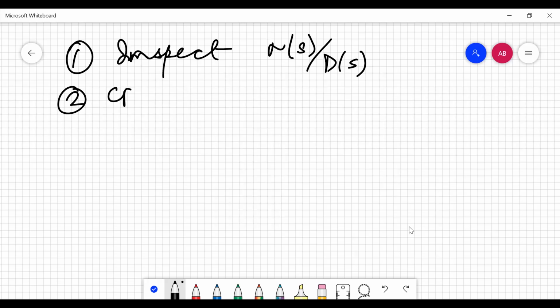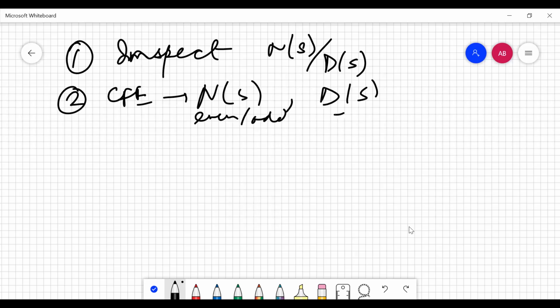The next step is you need to take the CFE separately of the numerator as well as the denominator. You have to separate into even and odd parts, and then you need to take the CFE. If that is giving you positive quotients, then it can be a positive real.